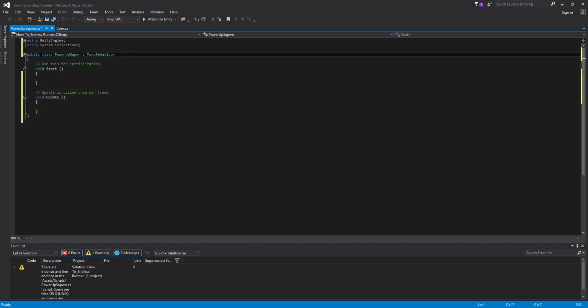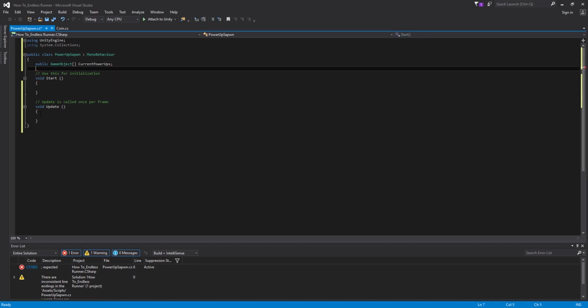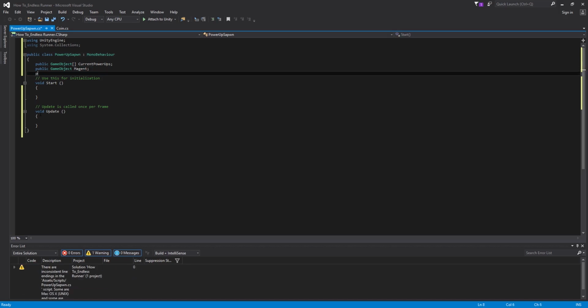Okay, so we'll just start off by adding some public variables. So we'll start off by adding a public game object, which will be an array. And this is going to be called our current power-ups, and it's just going to store all the current power-ups that are present at the start of the level. And then we're going to need a public game object that's going to be called our magnet, and one more which will just be called our coin times 2,